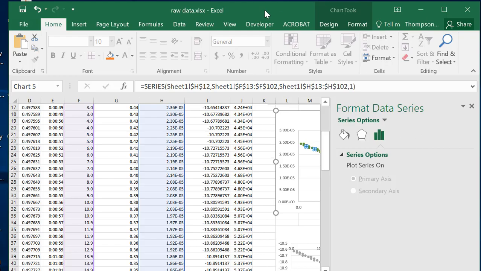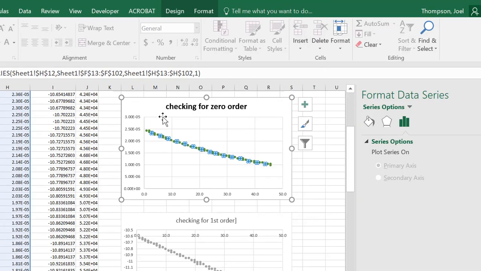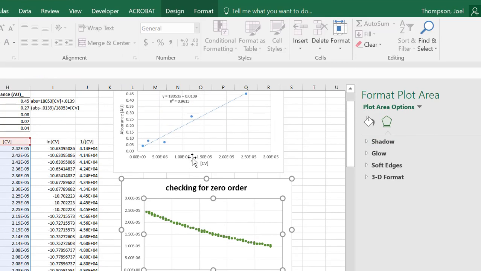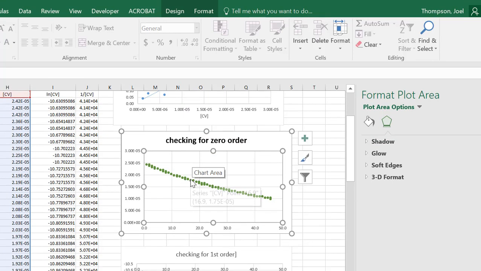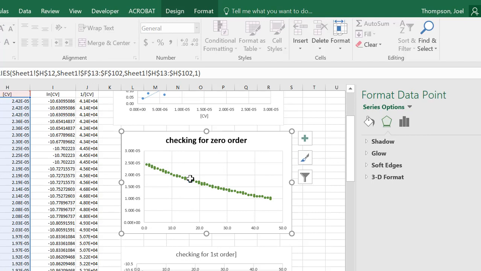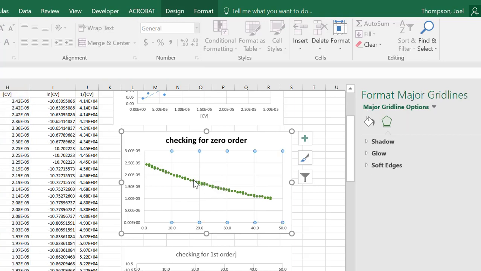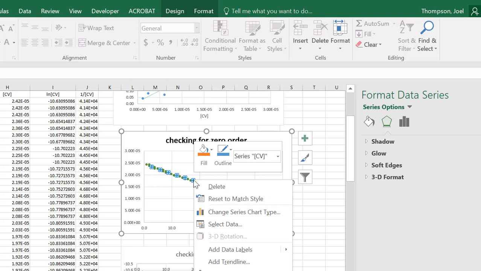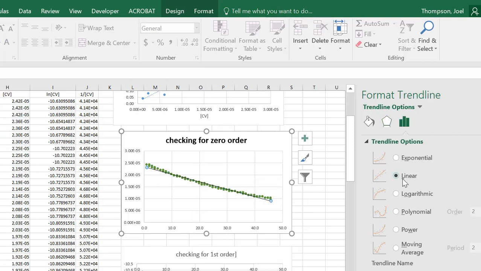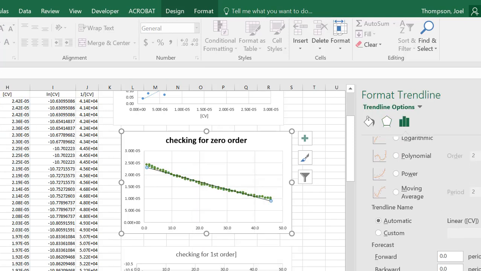So we're going to format the data series. Get in here, highlight that, right click. Let's see here. There's the series. Back over. Add a trend line. Linear. And really what we're after in this case is the